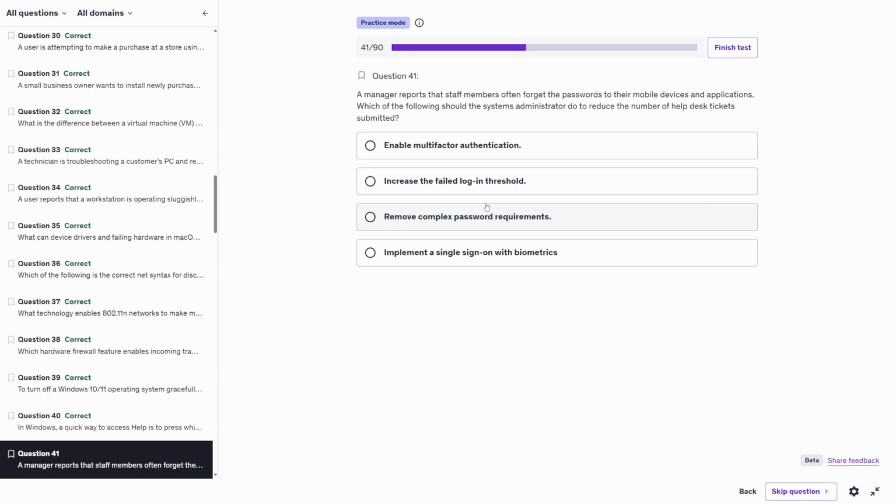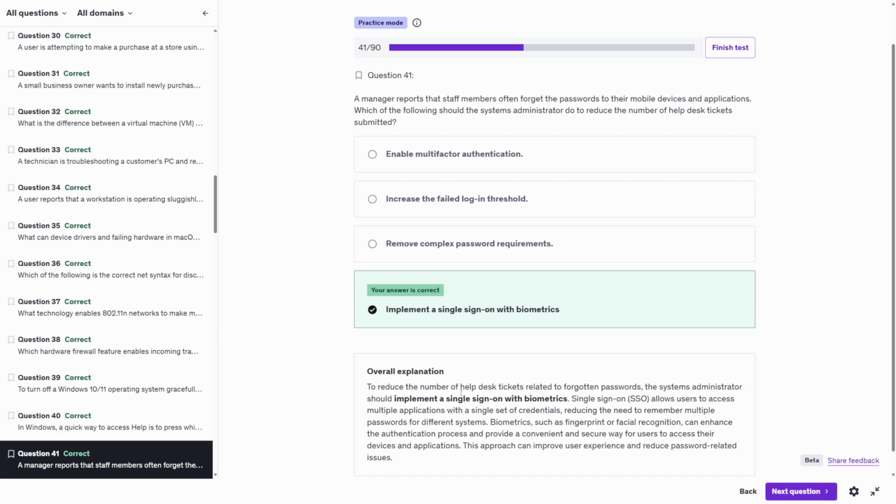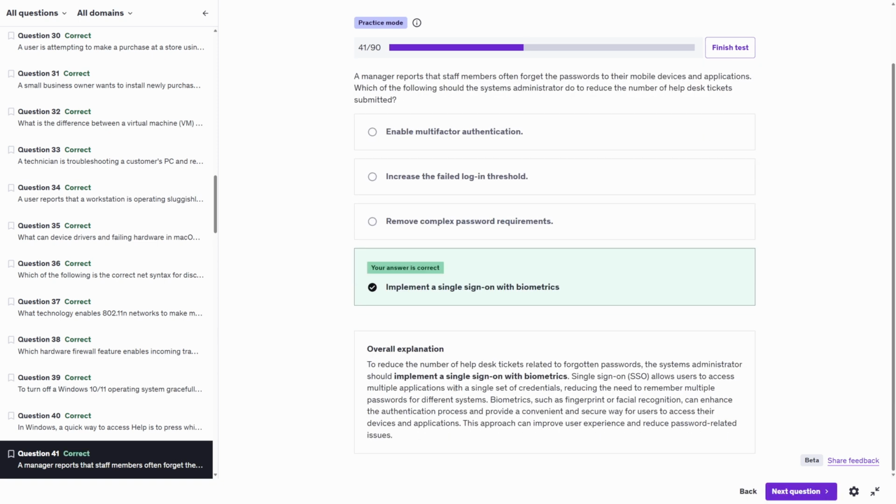A manager reports that staff members often forget the passwords on their mobile devices and applications. Which of the following should the administrator do to reduce the number of help desk tickets submitted? The best answer here is going to be implement a single sign-on with biometrics. All right, so to reduce the overall number of help desk tickets related to forgotten passwords, the administrator should implement a single sign-on with